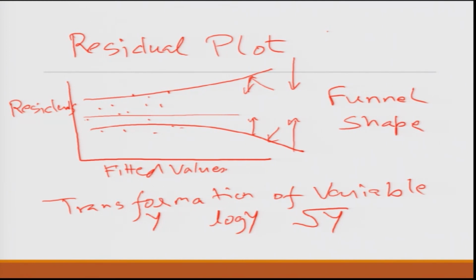Many a times even these transformations do not work, and that is where you have to look beyond regression based models. The other common issue, a very popular issue, is that of outliers. Now, outliers are simply values which are not in the normal range of values that you would expect.